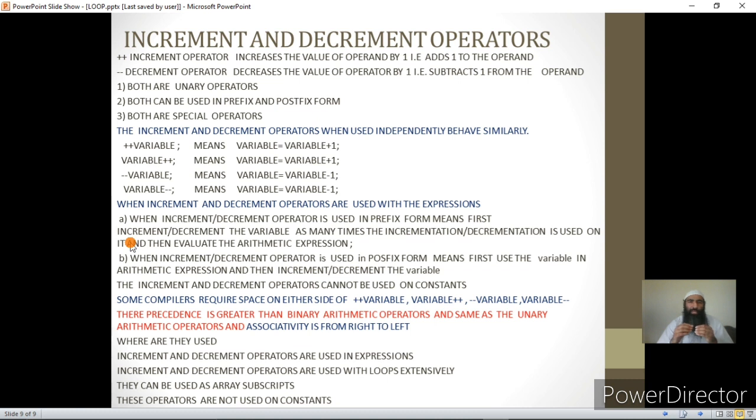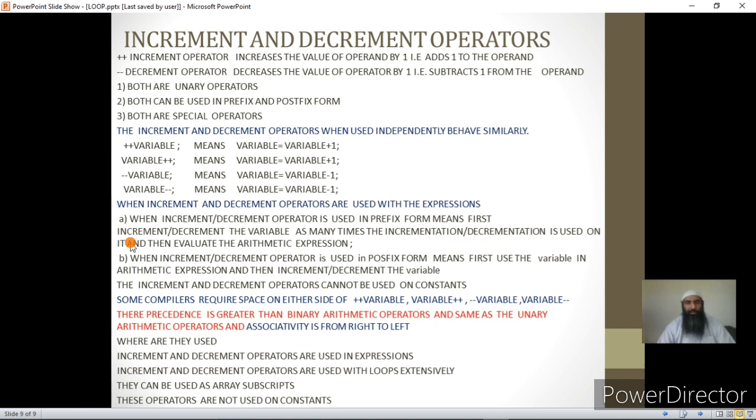So if you use the increment or decrement operator in a prefix form, in an expression or in an assignment statement, first it increments or decrements the contents of the variable, and after that the arithmetic expression is evaluated.